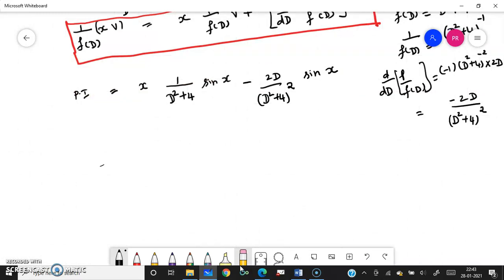And therefore this will be equal to, very simple now, x. What is my sin x? Here a equal to 1. Sin x, how will you do it? A equal to 1, minus a square equal to minus 1. Here also a equal to 1, minus a square is minus 1. So what will it become? Very simple, it is 1 by minus D square. What is minus D square?